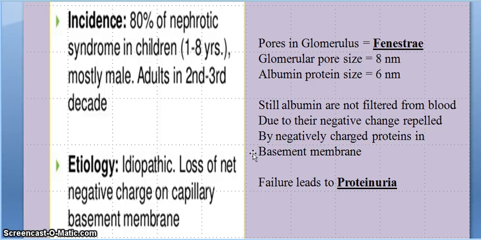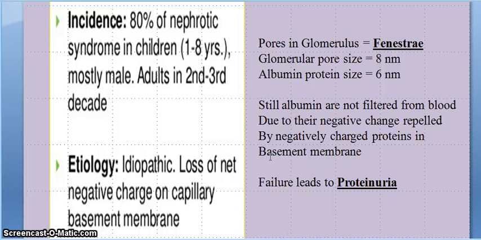Okay, which factors determine the glomerular filtration rate? The first one is the hydrostatic and colloid osmotic forces, which affect the net filtration pressure. Actually, net filtration pressure is the combination of the hydrostatic and colloid osmotic forces across the glomerular membrane. The second one is the glomerular capillary filtration coefficient, or Kf.